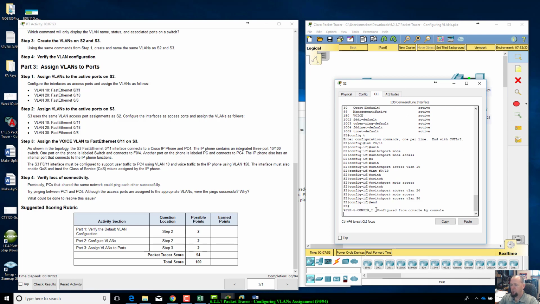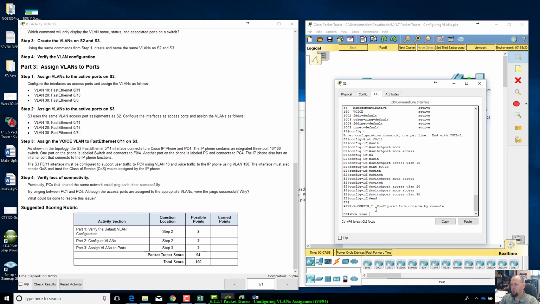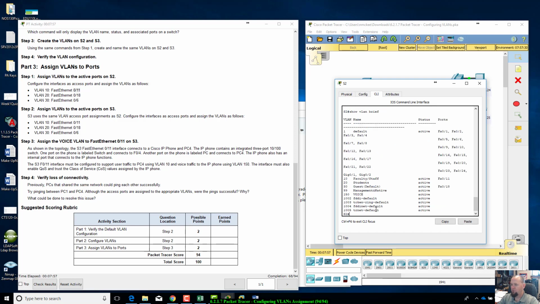let's do end and show VLAN brief. Now we have VLAN 10, FA11 and VLAN 10. FA18 is on VLAN 30. So I messed up. So I have to go in and